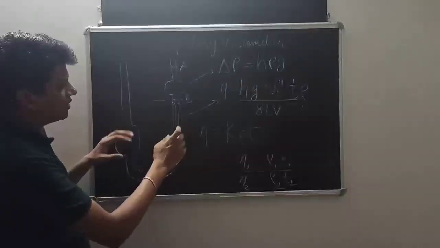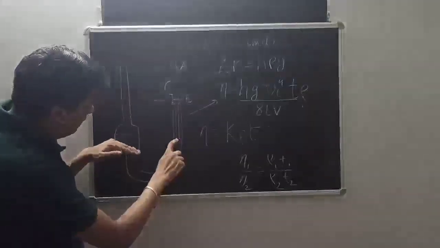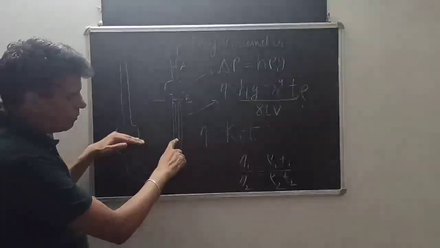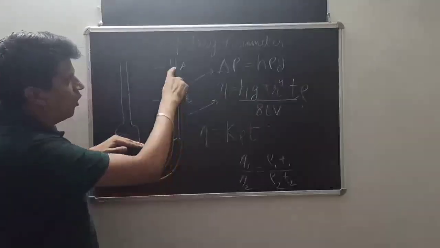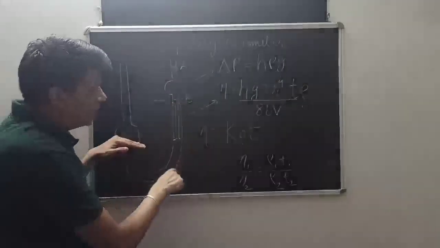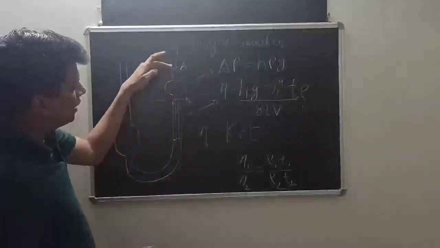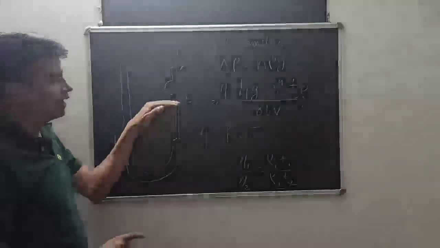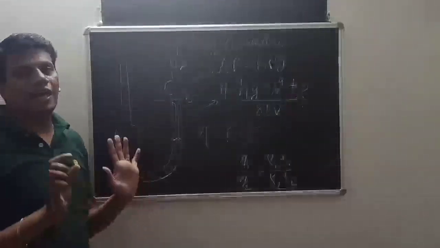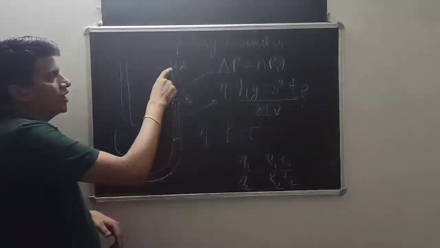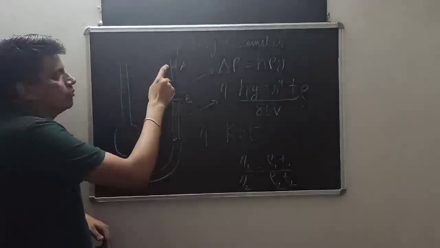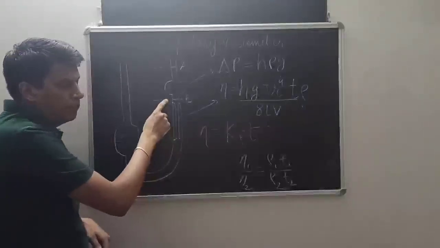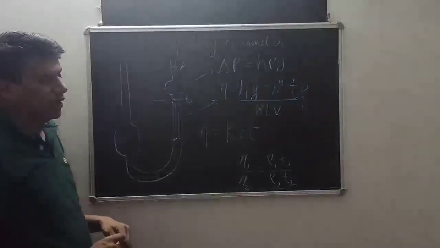So they are adjusted in such a way that this level and this level are not matched. It is always lower, and the liquid keeps rising until all of the liquid from A to B moves down. When the liquid level is lower than B, at that time the experiment is stopped. We just have to check how much time is taken by the liquid to move from point A to point B through the capillary.